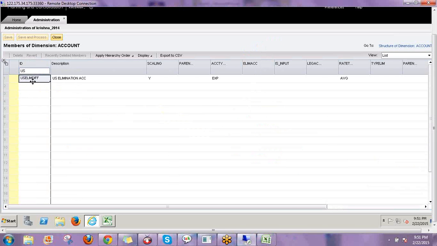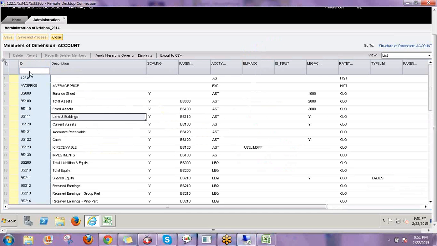You can call it whatever your naming convention is, 1000, 1001, 1002, whatever it might be. The naming convention is according to your requirement. But that should be a valid ID in your